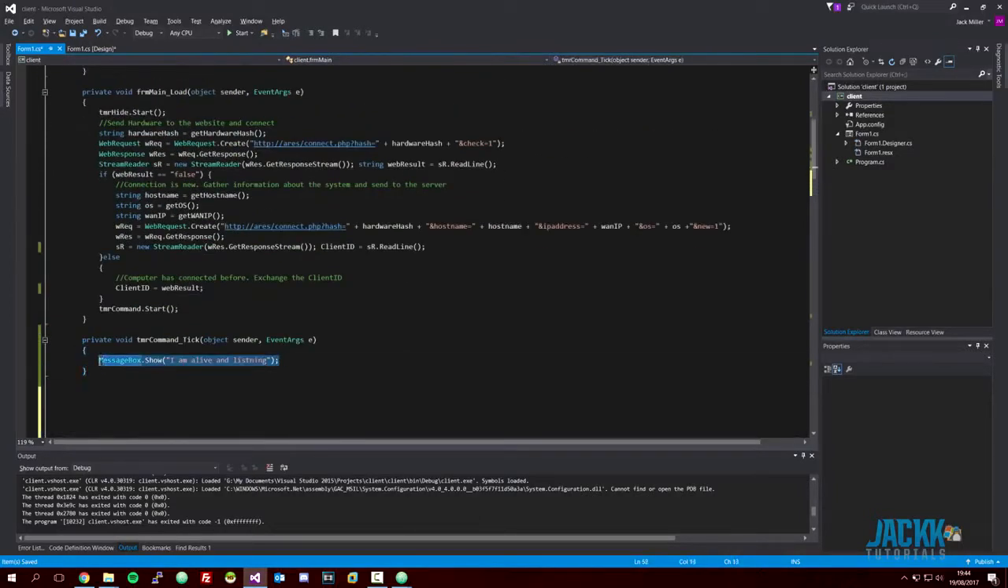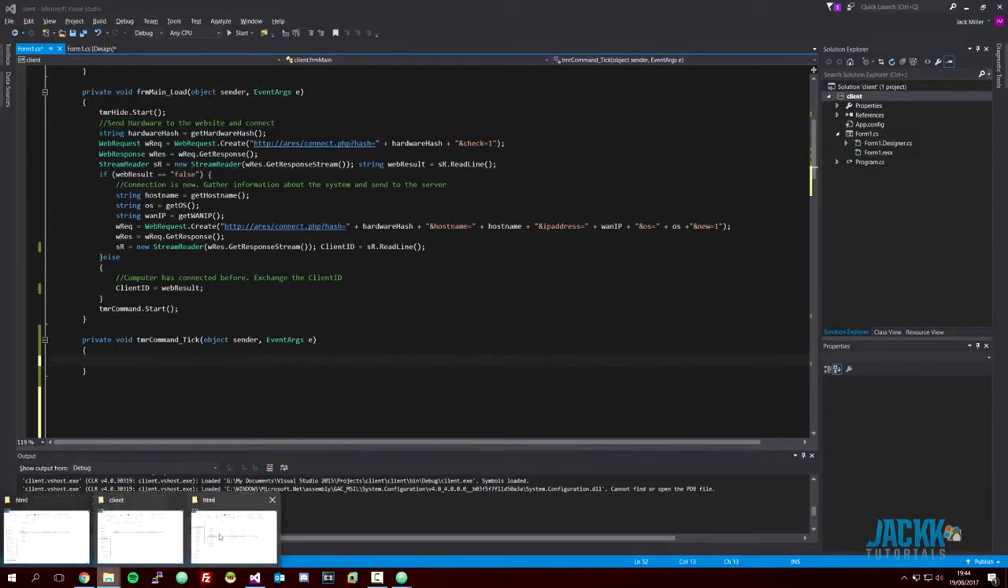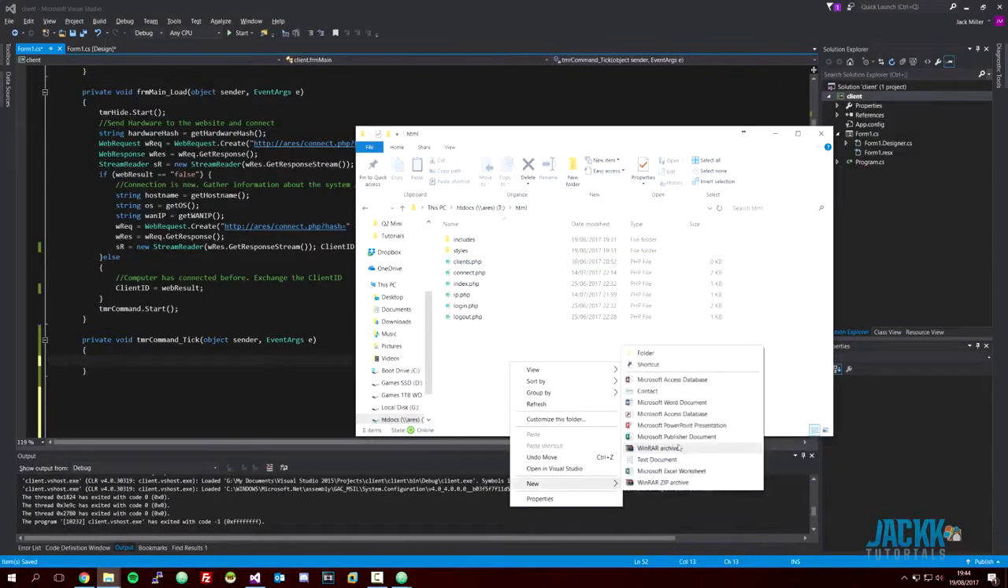And here we go. So now we can see that we can use client ID here. If I messed it up, client ID, we can use it there as well. That's fine. So like I said, every 15 seconds, this timer is going to tick, and it's going to request new commands from the website. And the way it's going to do that is using a page called